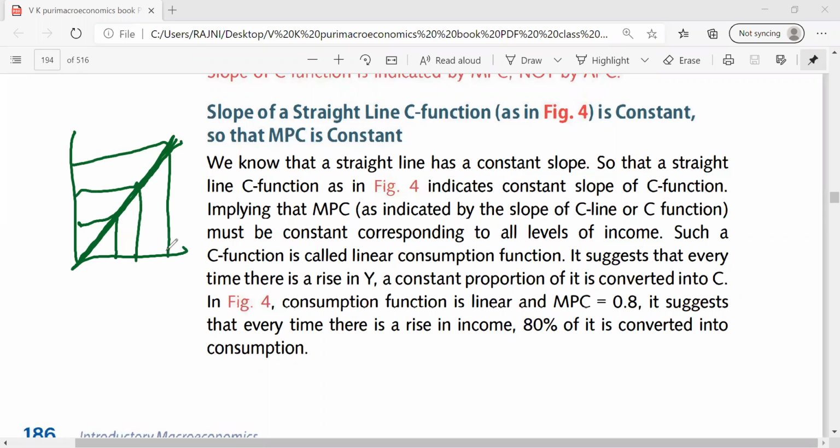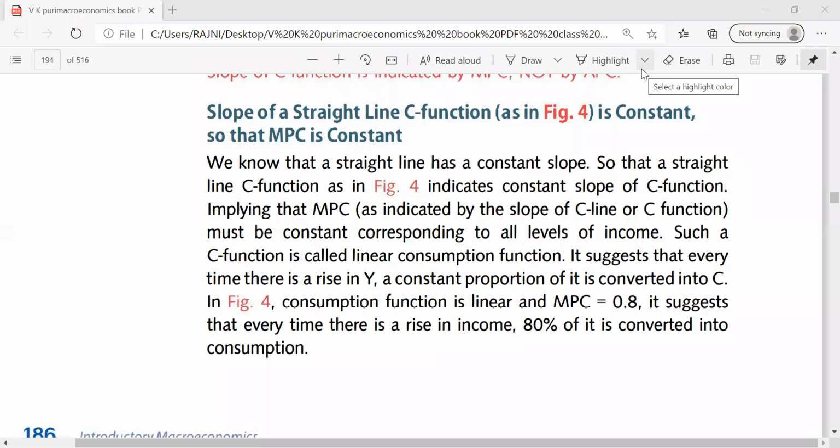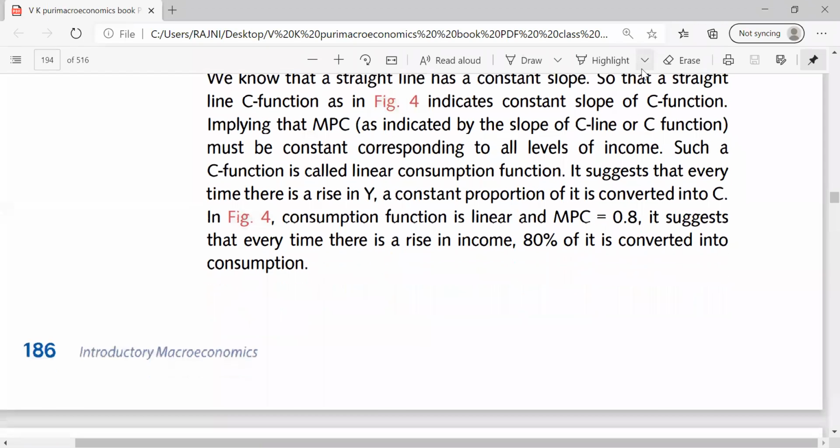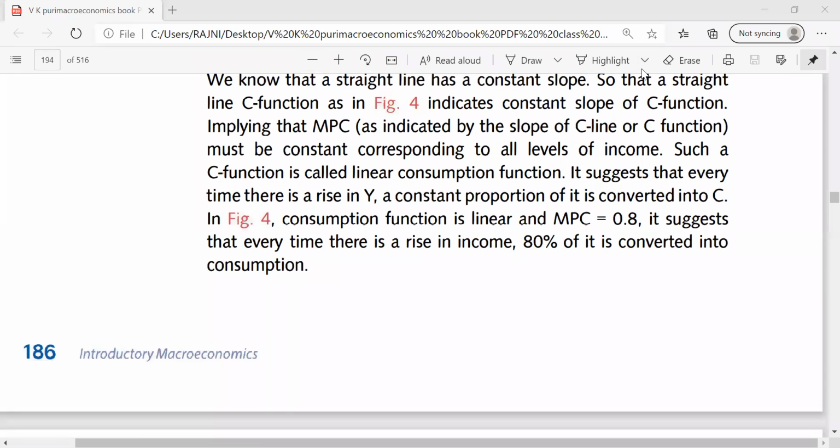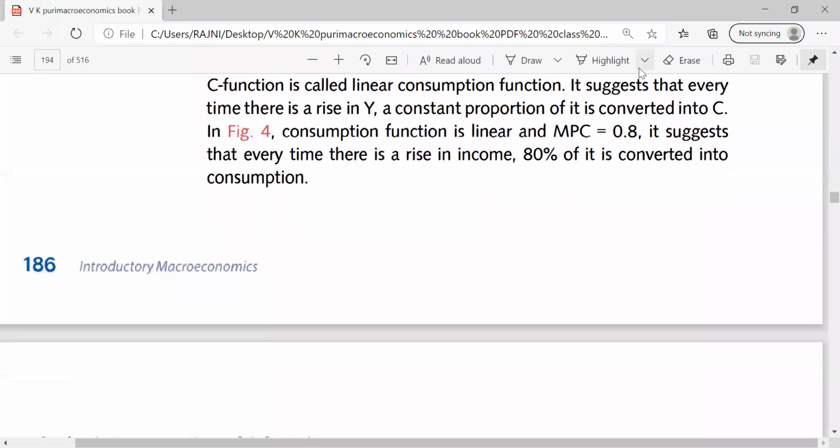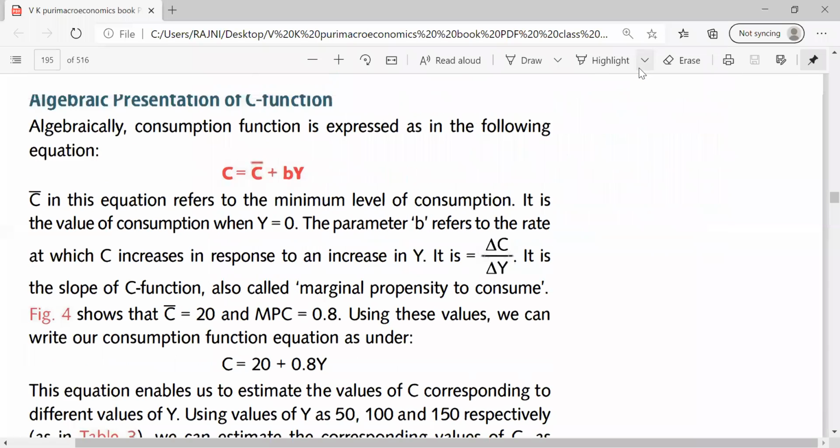Right? So if there is a straight line consumption function, simply we can say no doubt at every level of income there will be similar changes. तो उसको हम क्या बोलेंगे? It will be termed as the linear consumption function. It will be called the linear consumption function. कि it means कि जितना भी इनकम में चेंज आएगा कांस्टेंट रेशियो से, उतना ही कांस्टेंट रेशियो से कंजम्पशन में चेंज आएगा। और अगर सपोज आपका कंजम्पशन फंक्शन लीनियर है, कांस्टेंट है, तो उसके अकॉर्डिंग आपका हर पॉइंट पे सेम टू सेम ही जो होगा, उतना ही प्रोपोर्शनेट जो है इनकम का कंजम्पशन में कन्वर्ट कर दिया जाएगा।